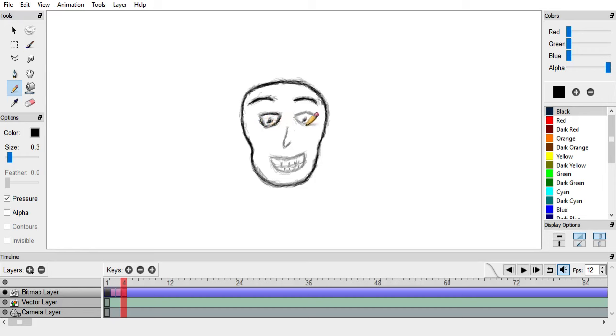Let's put some eyeballs. I don't know. Is this gonna be good? You have to draw a lot of frames for it to actually look like it's doing anything. And this is like the ugliest face I've ever drawn, I think. Oh yeah, well at least we got some happy music for it.